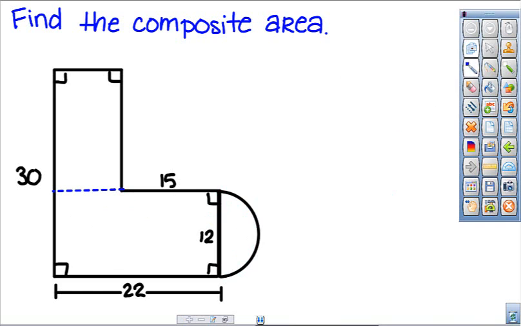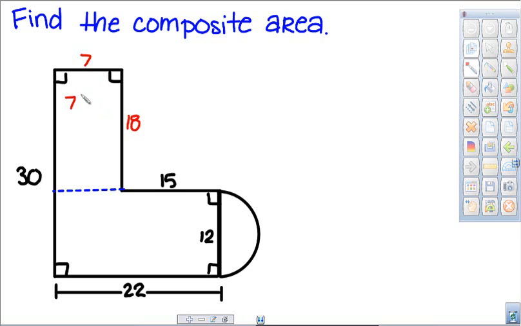and I can also draw a line across here to create these two separate rectangles. Alright, so first I'll deal with this top rectangle, and up here the entire length is 30 and this piece is 12. That leaves me with 18. The entire length across the bottom is 22, and I've used 15 here. Leaves me with 7. So this top rectangle is 7 by 18, length times width, or base times height, and you end up with